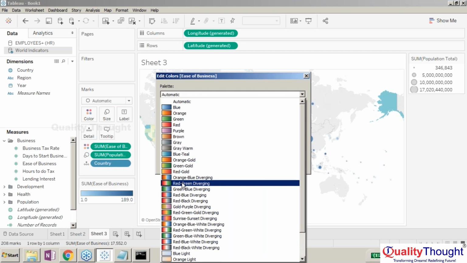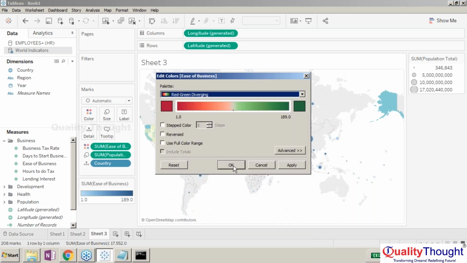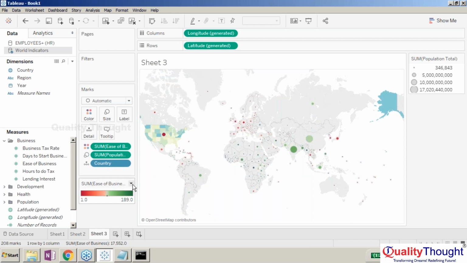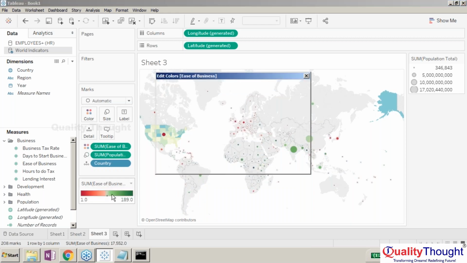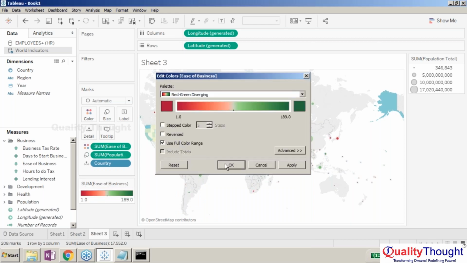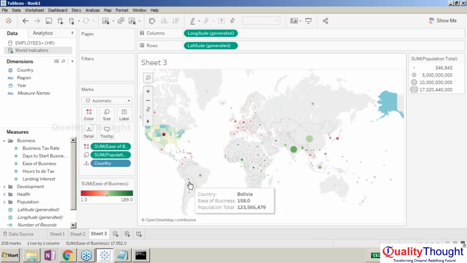Red, green diverging, this is good. And let me try using these colors in a different manner. Use full color range, apply. So if you can take a look at this one,